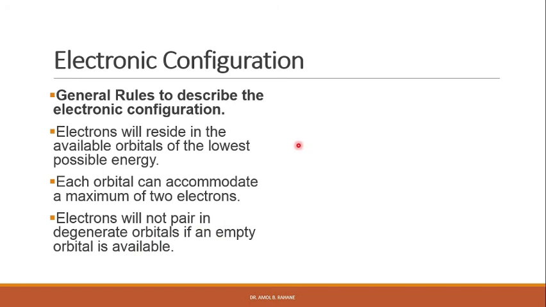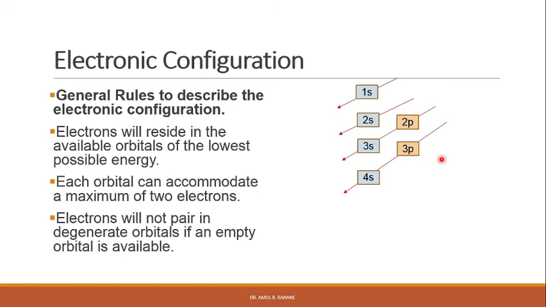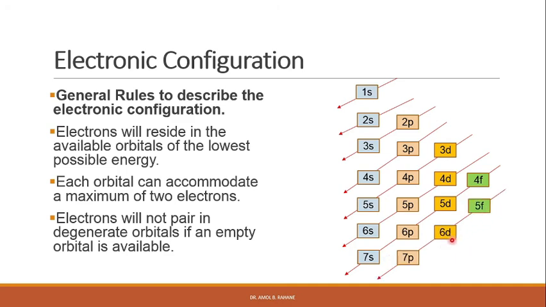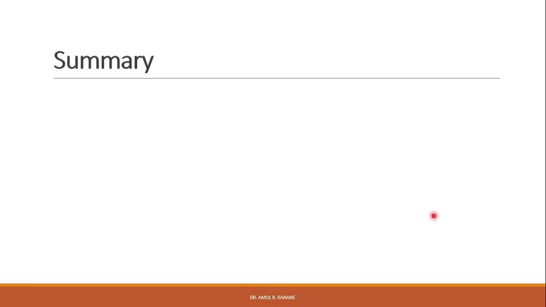Orbitals will fill in the order indicated in the figure. First the 1s orbital will be filled, then the 2s orbital, then 2p, and then the 3s orbital will be filled. The next orbital that is filled is 3p, and then the 4s orbital will fill. After 4s, the 3d orbital will fill, and then 4p and 5s orbitals will be filled. Then the 4d orbital will fill, and then 5p and then the 6s orbital will fill, right? Then 4f and then 5d, and then 6p and then the 7s orbital will be filled. Then 5f, then 6d, and then the 7p orbital will fill.